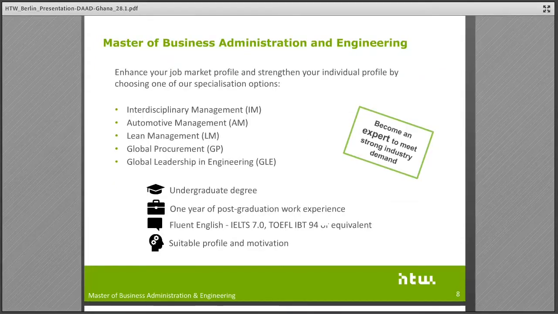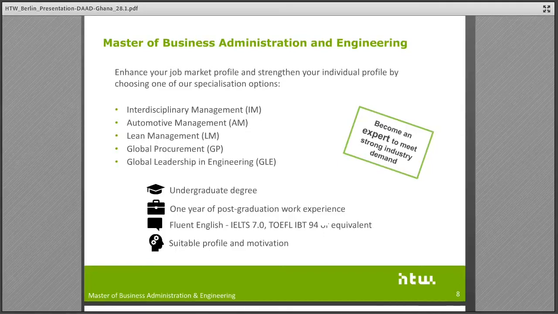Okay, so what makes this program so special? The students have the opportunity to enhance their job market profile and strengthen their individual profile by choosing one of our specialization options. We offer interdisciplinary management, automotive management, lean management, global procurement, and global leadership in engineering.